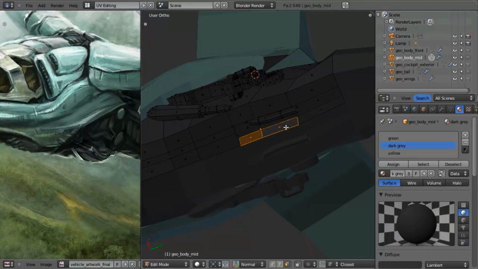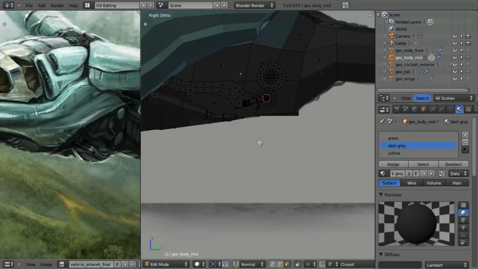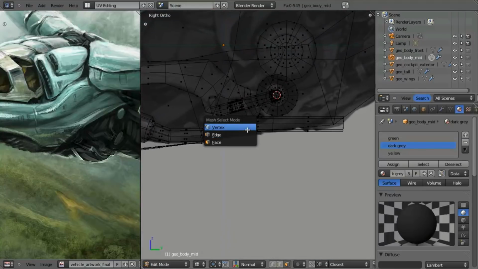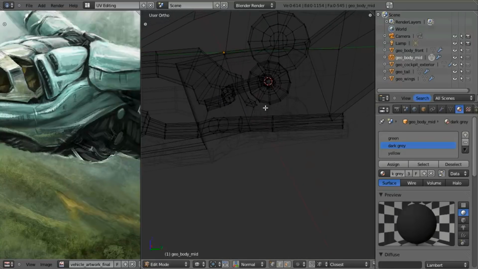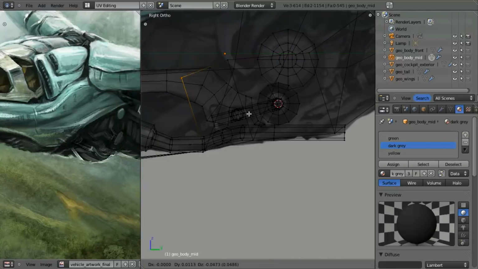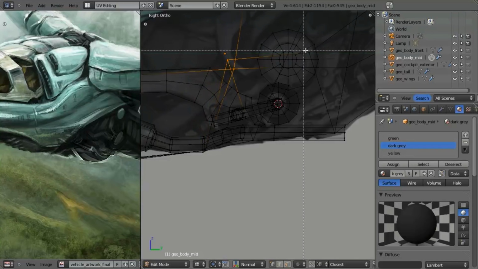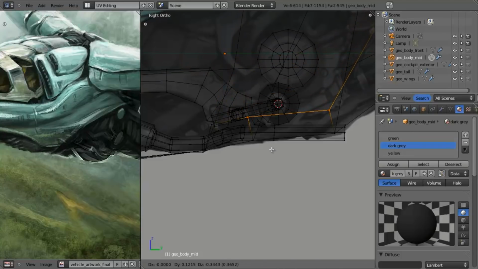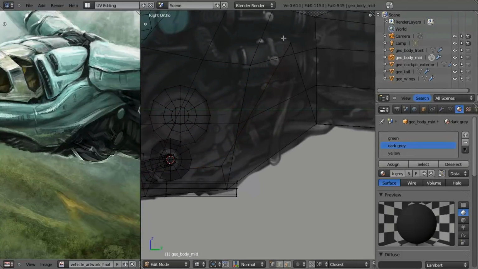I'll select these interior faces, hit X, delete the faces, hit 3 to go back to side view, Control Tab to go back to vertex mode, and then find those. They're right here. And I don't want them to go up nearly that far. I just want to go up basically for the exhaust. So we'll take this down to here. Then we'll grab these, deselect those ones that I don't want, pull them down to about right there. And this one come down to about